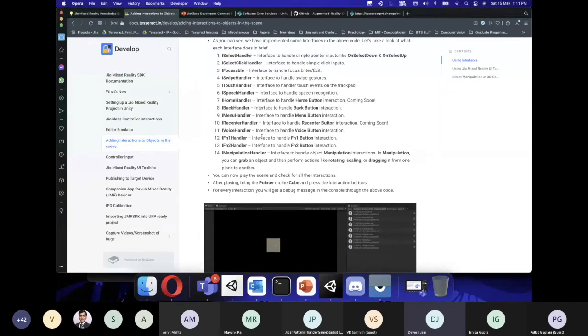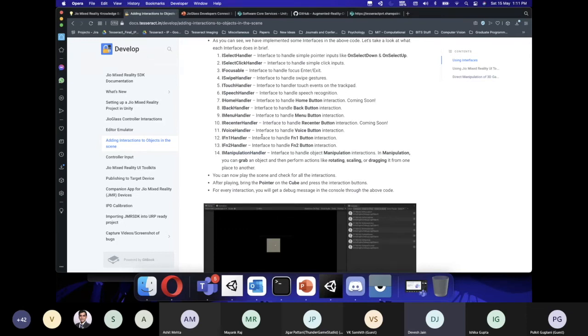Now, why is this done? In XR, for example, you might have an elephant and you might have a cat. One is an elephant, one is a cat, and you take two separate scripts, which you call cat interactable and elephant interactable, and you apply both these scripts to these individual game objects. Now, when I click on my controller while I'm pointing at the cat, I want the cat to make a meow sound, and similarly for the elephant, I want the elephant to make a trumpeting sound.